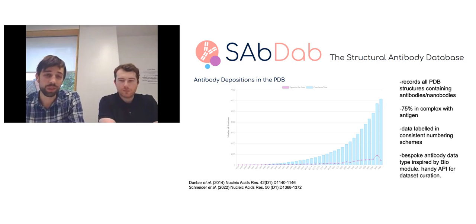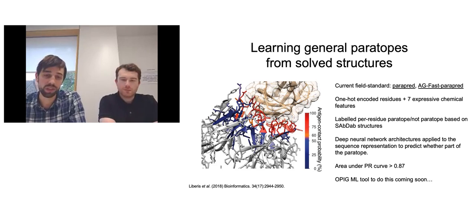And as Charlotte alluded to, we have a growing number of antibody structures in the Structural Antibody Database to learn about this antigen-antibody binding event and which residues tend to be involved in it. So 75% of this data actually is useful for us because it captures the antibody in the context of the antigen. And this really has enabled lots of groups. The field-leading group at the moment is a team from Cambridge.